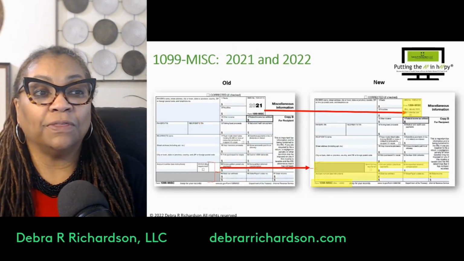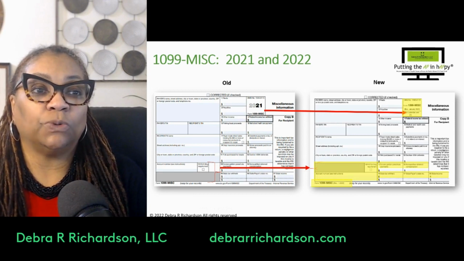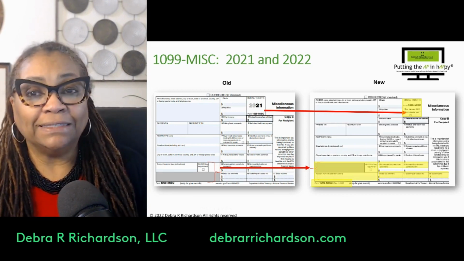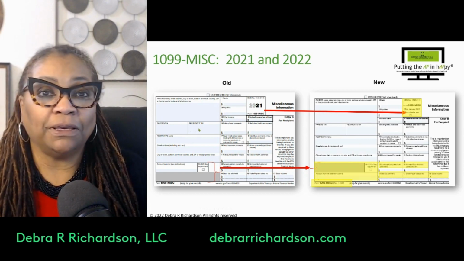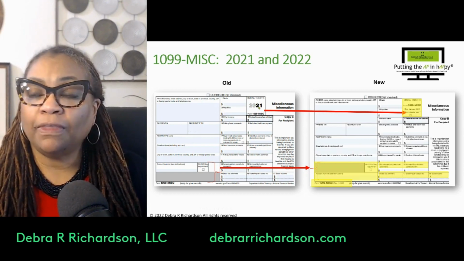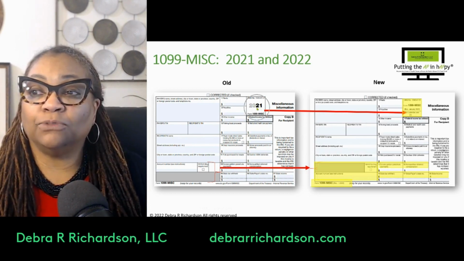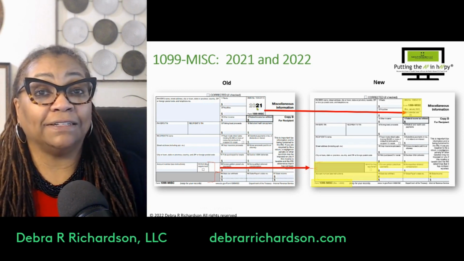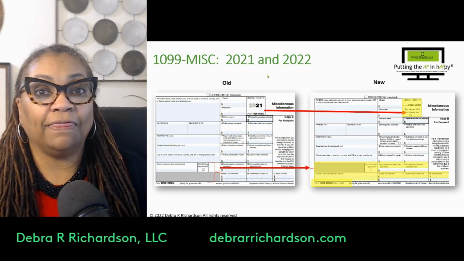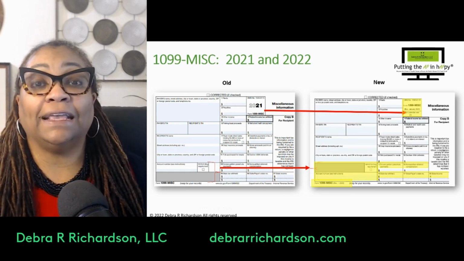So we're going to start with the 1099 MISC 2021 versus 2022, the old and the new side by side. So you can see here, this is copy B, the copy for the recipient, that the first big change is that the 2021 version that had the tax year typed out now does not. It has 20 and then a field where you can enter in the tax year,